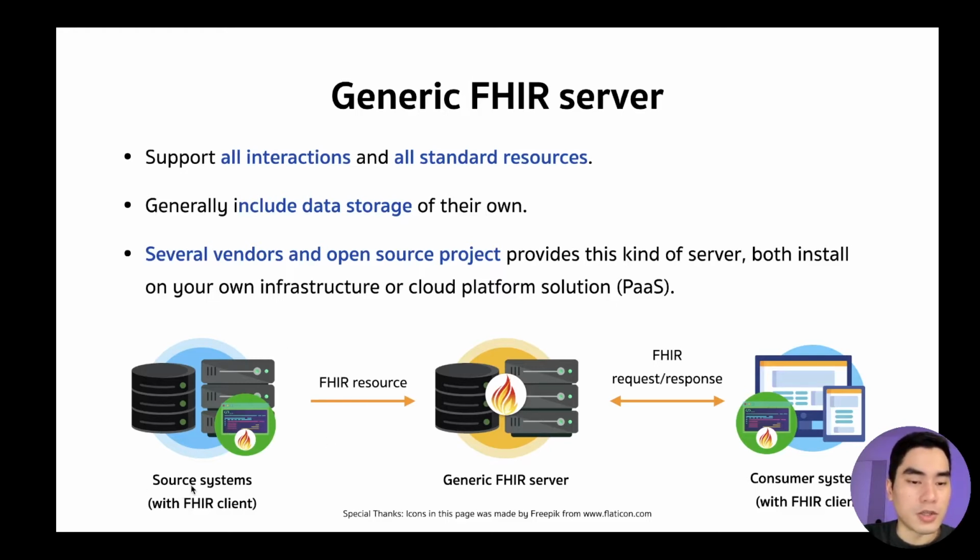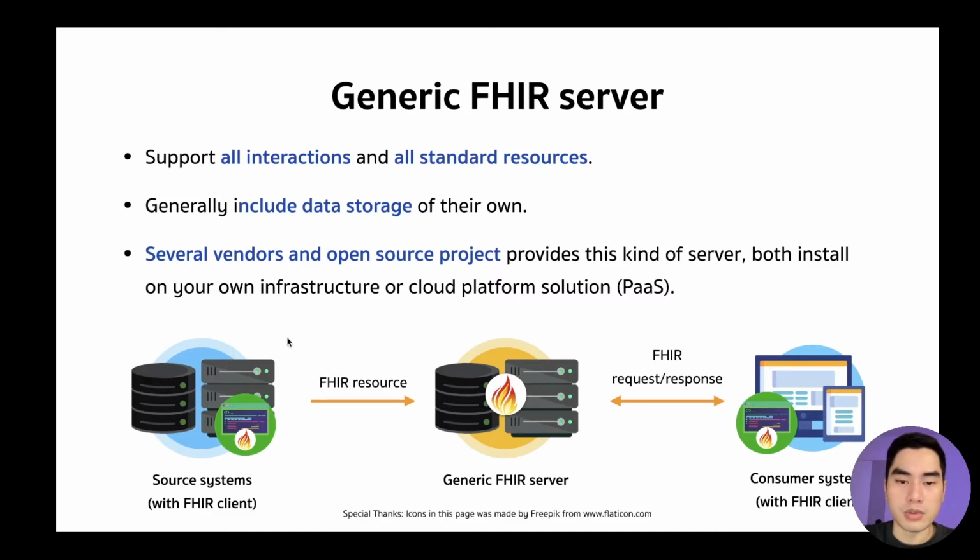We can show it in a picture like this. Suppose we have a source system and we have a FHIR client installed on that. A generic FHIR server is an application that has a storage of its own, an internal storage. And here on the right side is a consumer system. Let's say that they have a FHIR client as well.